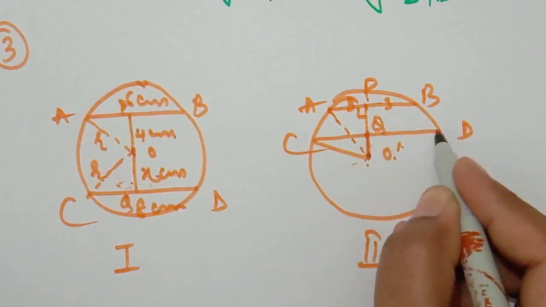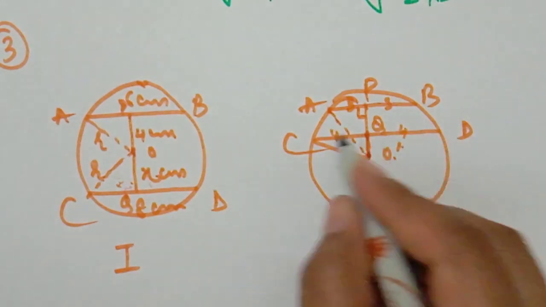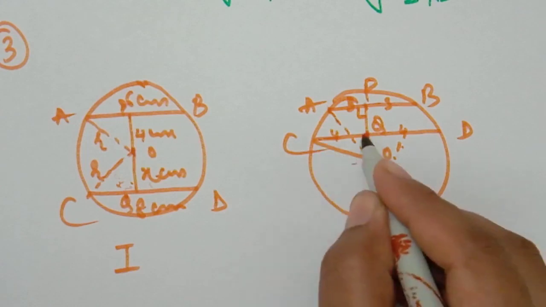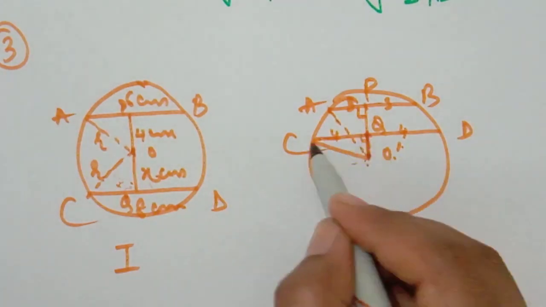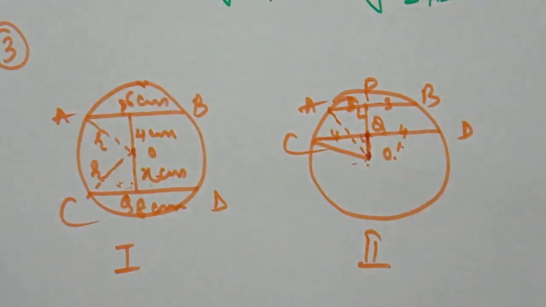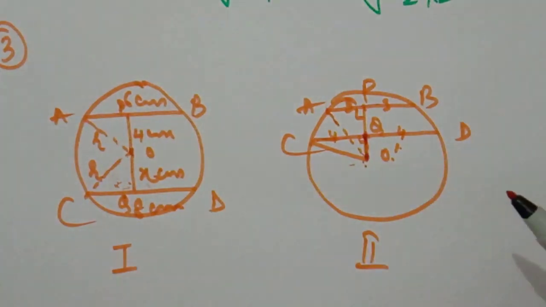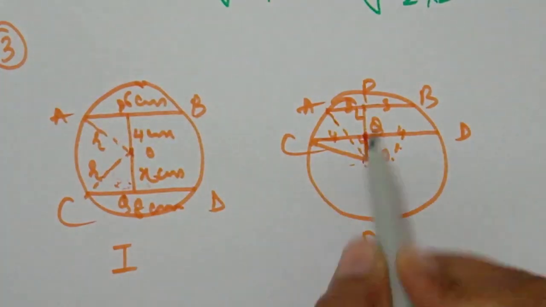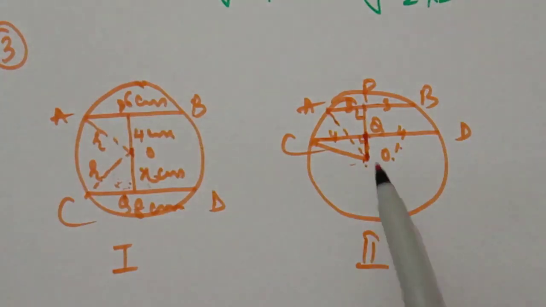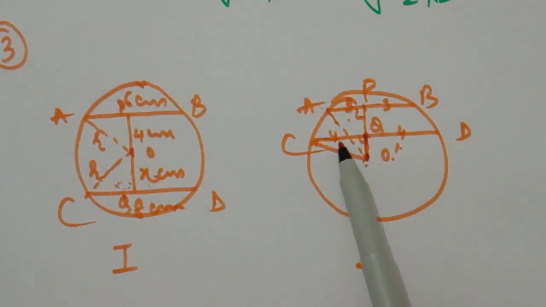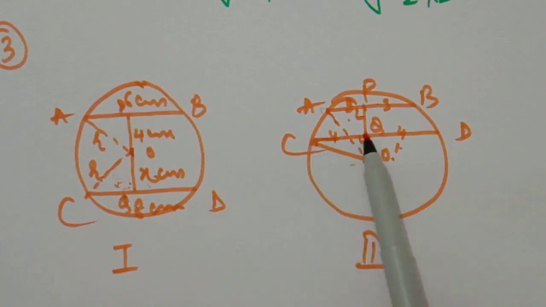After this we will take another chord and join this line. We know that this is 8 centimeter, so this is 4 and this is 4. This is also a right angle triangle. We know the base, but we do not know the distance O dash Q, which we have to find. But we know the radius now, because we already found it from the first triangle. So you will use the hypotenuse as well as the base here and then find the perpendicular. It is a very easy question.